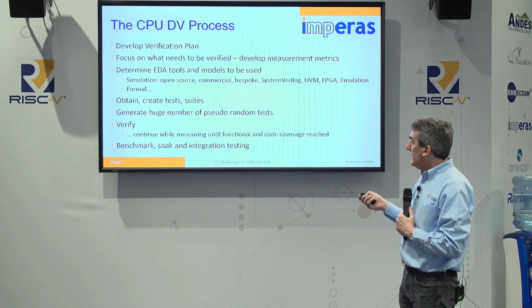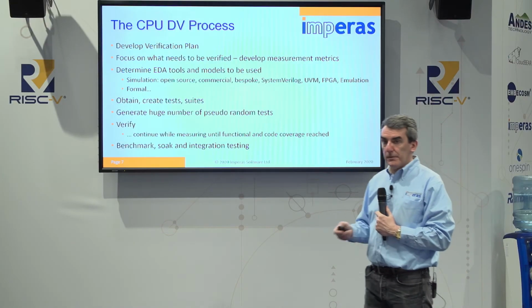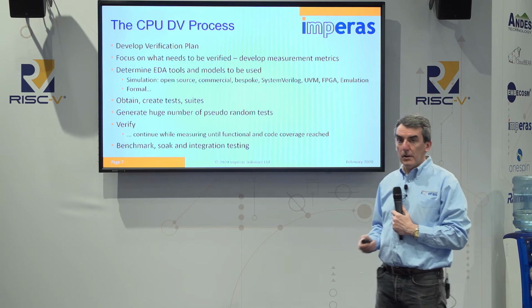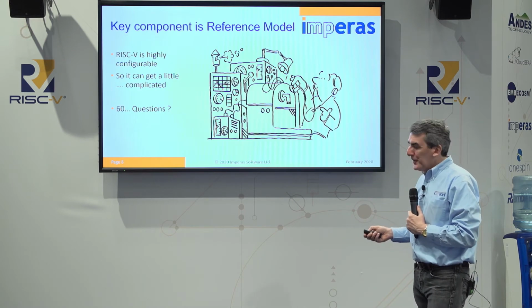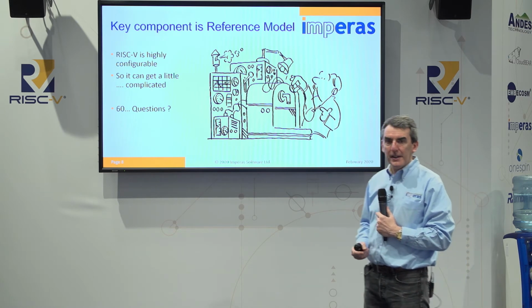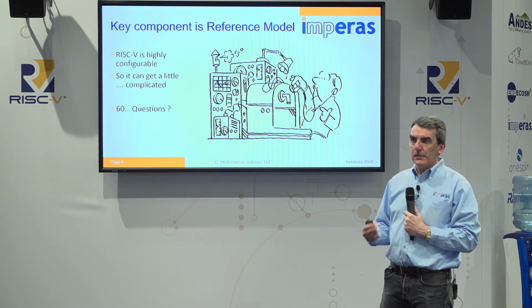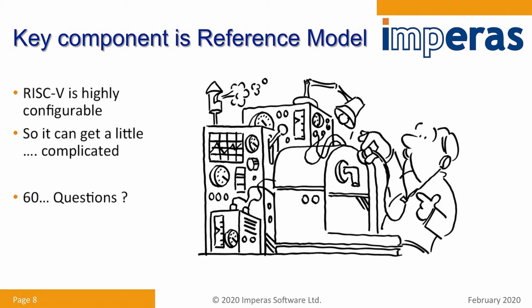Looking at the way you want to verify a design, you look at the needs of the functions you need to look for, create the tests, develop your plan, and generate a large number of test suites. A processor is a complex multi-state option. You look at the RISC-V specification, you can look at the number of options and configurations, and we typically model around 60 functions within a RISC-V processor to give you an essence of all that flexibility.